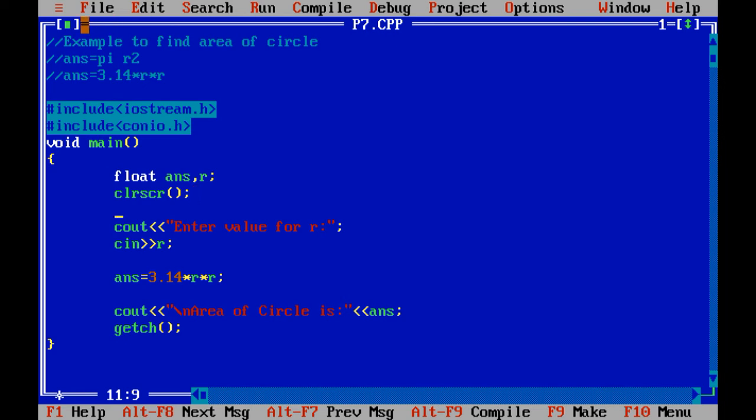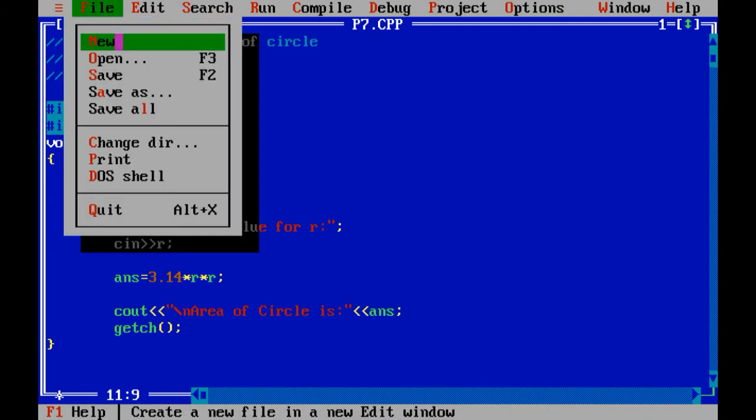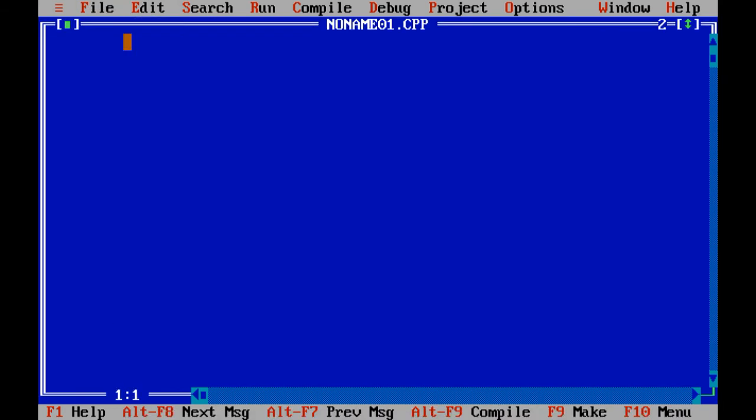Now let us develop our second program to find the area of a rectangle. Comment line: example of area of rectangle. The formula to find the area of a rectangle is answer equals to L into W, length into width.